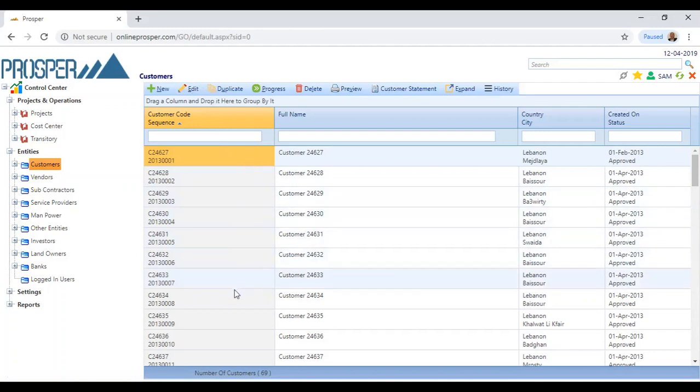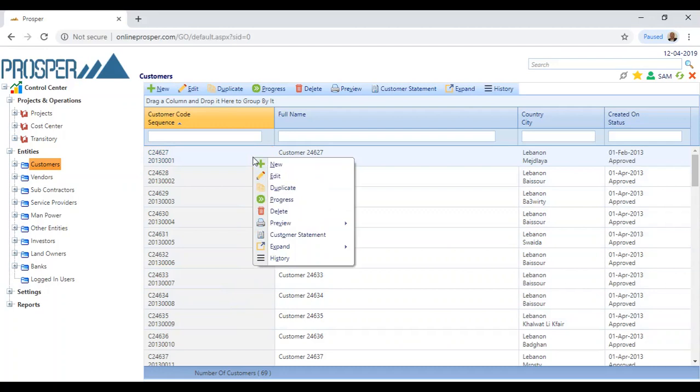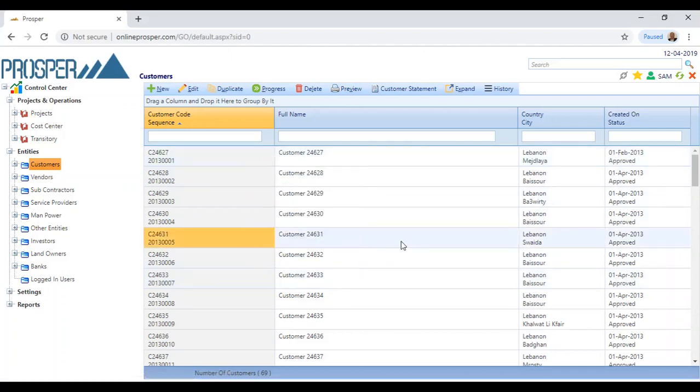We see a list of records here, or a list of rows, and we can do right mouse button and the same menu that we see up there we see here. But as you can see, the menu here is a little bit different than the menu in the previous object. So every object has its own menu, as the configurator of the system, what we call the administrator, will decide